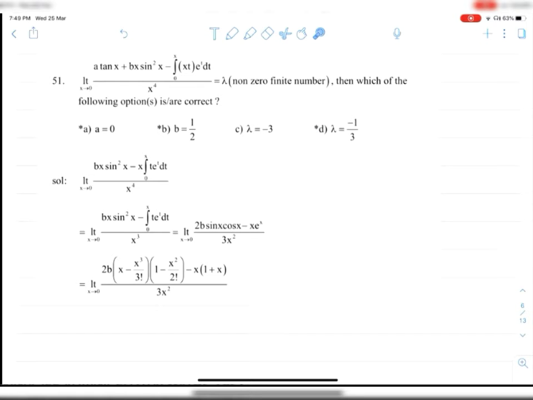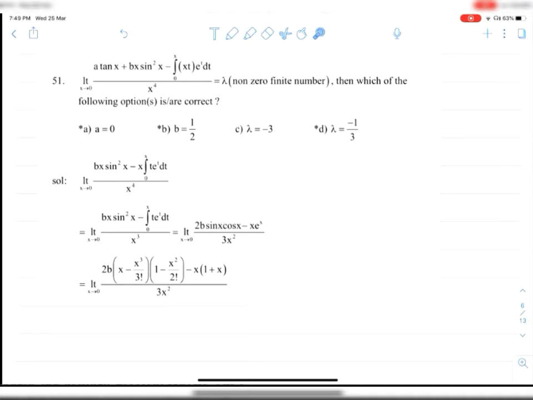See, this degree is 3. Whenever we have x tends to 0, I have to concentrate on the lowest degree. This degree is 1, this degree is 3. If I bring this x outside, again this degree will be greater than 1. So I can directly conclude that the coefficient of tan x, a, must be 0, or else it would have been tending to infinity. It is a finite number, hence a must be 0.